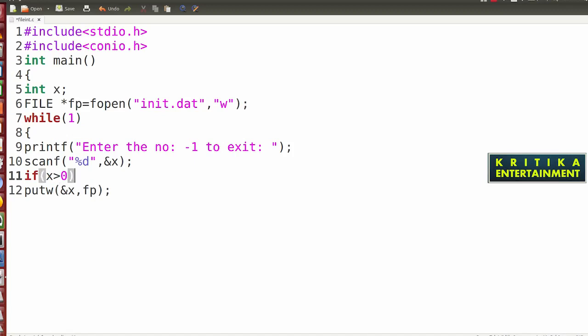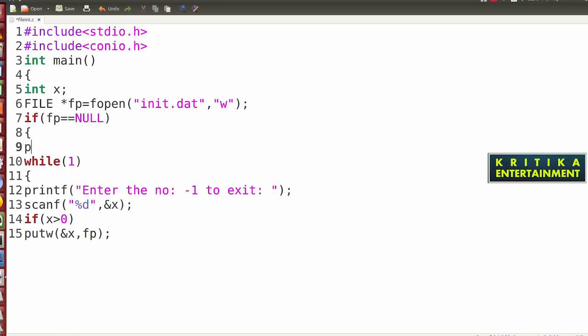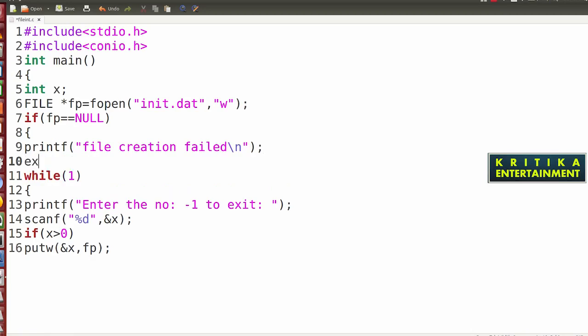Now here I will check the condition. If the file is not successfully allocated in memory, if fp equals NULL, you can write printf, file creation failed, and then exit the program.